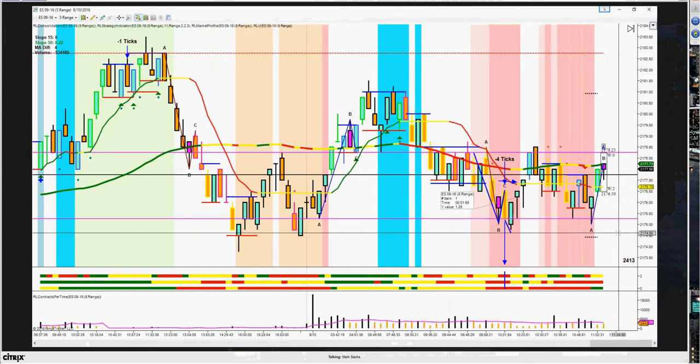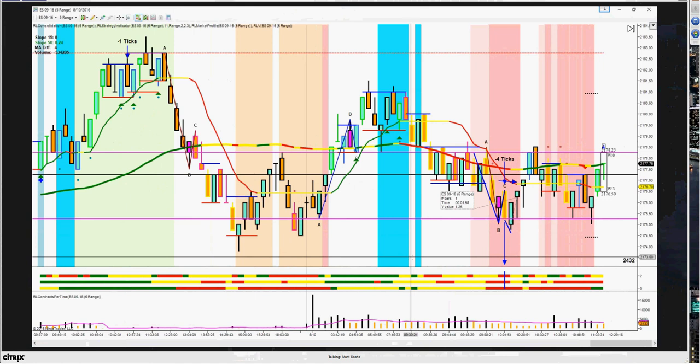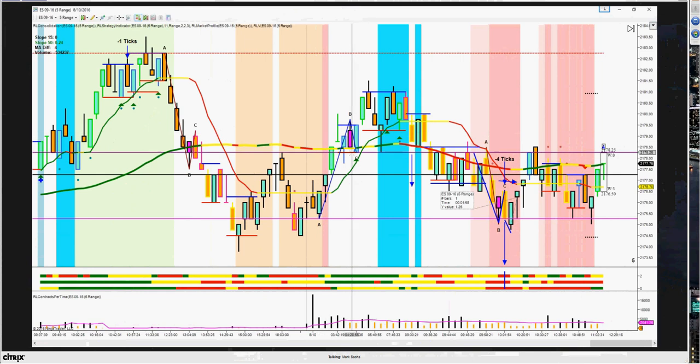It opened right here on this candle. And after that candle traded,